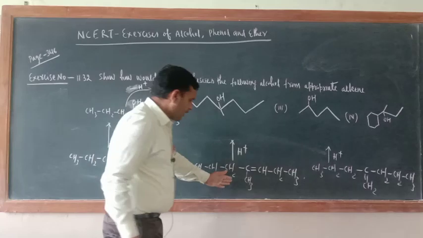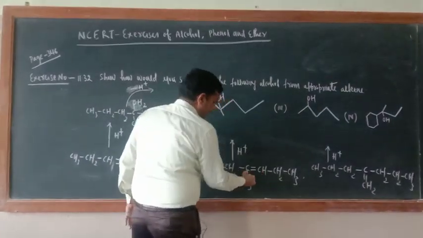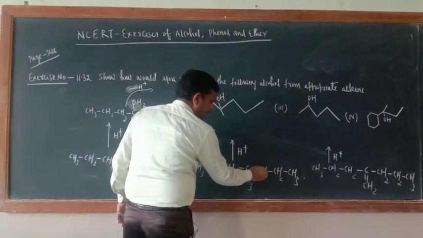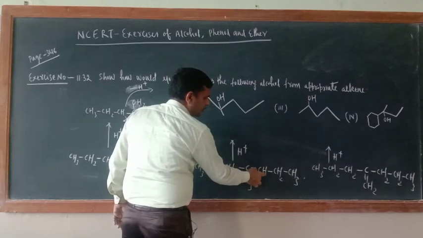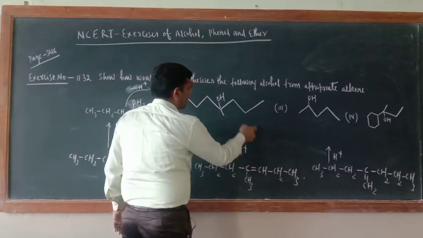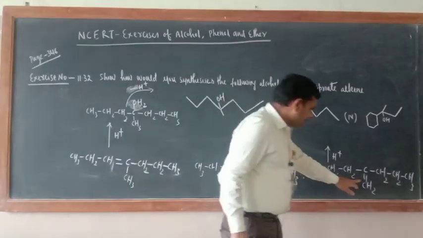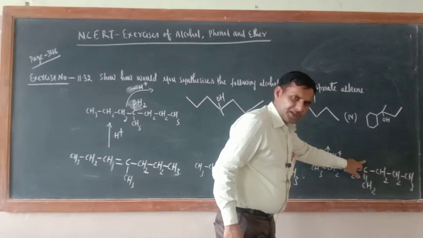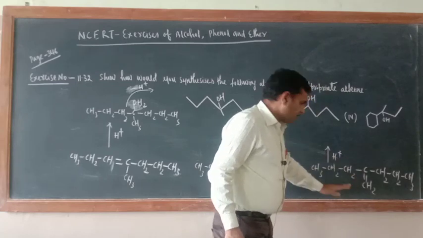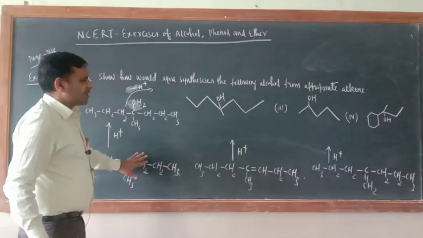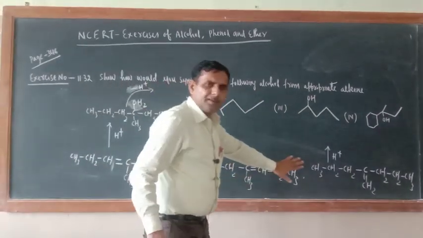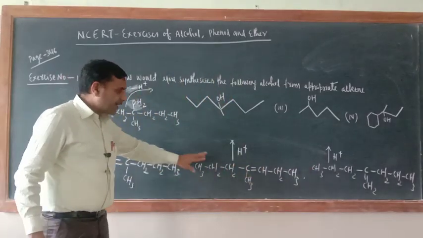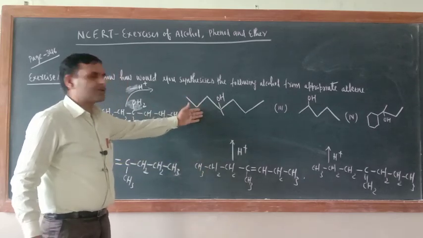Okay, so this is the most suitable alkene. Now suppose you are going by this way, so here same condition. Just see, if you add here, then 3 degree. If you add here, then 2 degree. So where should it be added? Proton should be added here, so that 3 degree, and again you will get this one. But suppose you add here, just see, 3 degree will be generated. Correct or not? So just see, now all 3 are equally probable, and these 3 are the alkenes, and you can take either one alkene and you should show how this will be formed.